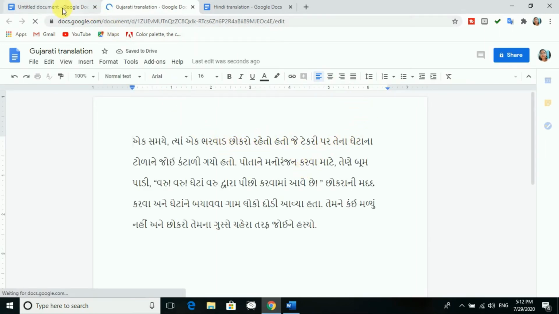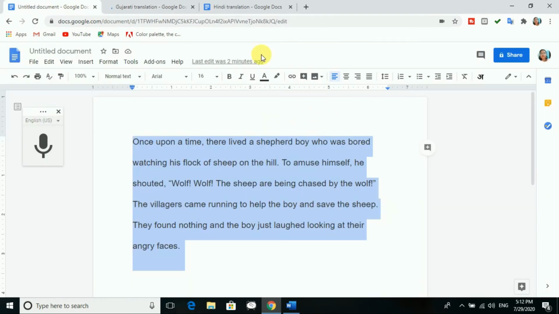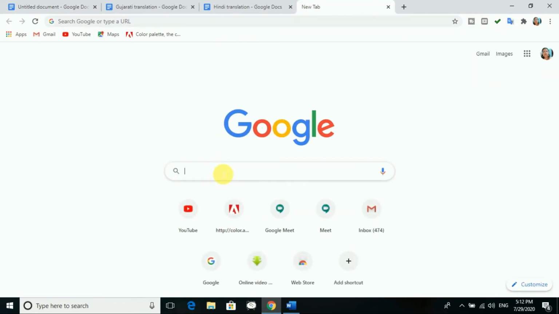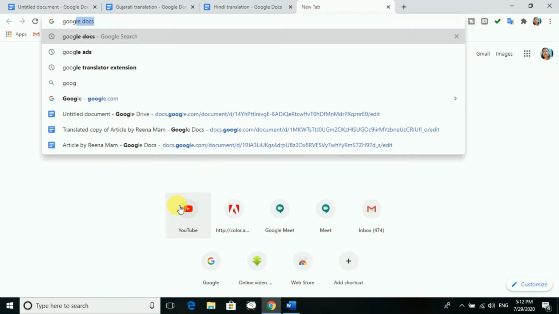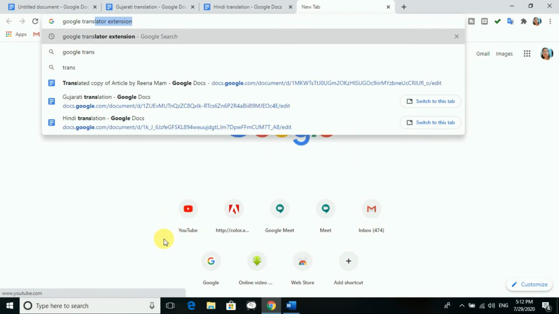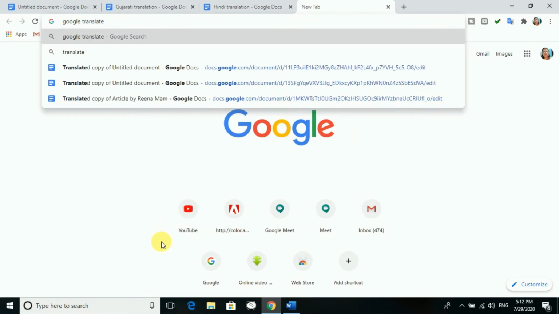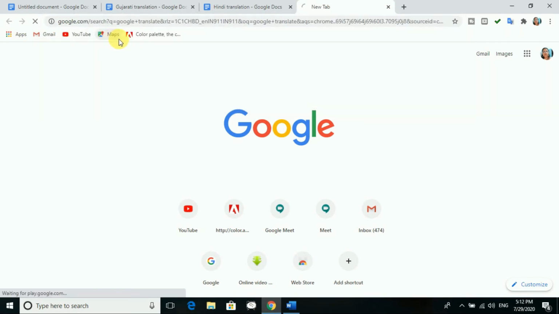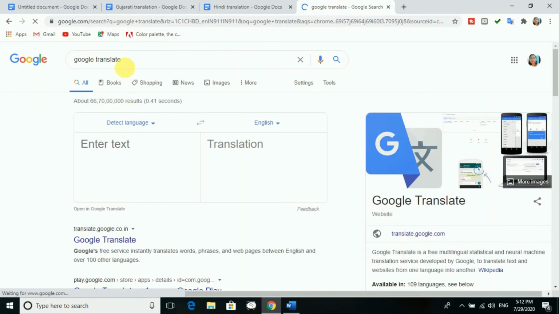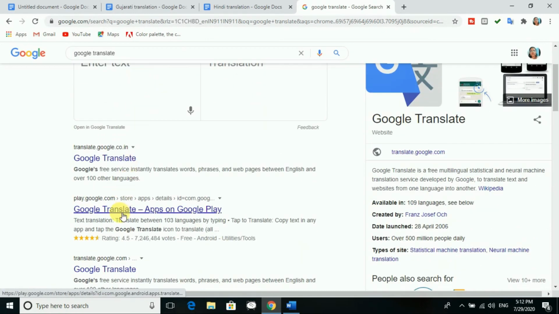Okay, we also have another option over here, that is Google Translate. We are having Google Translate in the web store. If there are some words you don't understand, अगर आपको समझ में नहीं आ रहा है, तो आप क्या कर सकते हो, you will go for Google Translate in the web store.